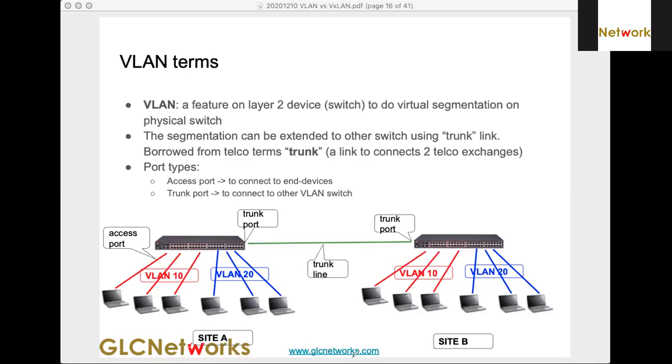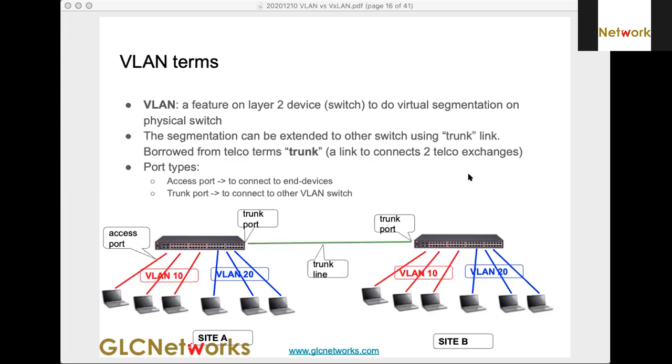Even though it's a trunk port where it can send a layer 2 frame that is tagged with a VLAN ID, at the same time it also allows only one frame without tag. In MikroTik terminology, VLAN is just called tagging: a frame with tag and a frame without tag.